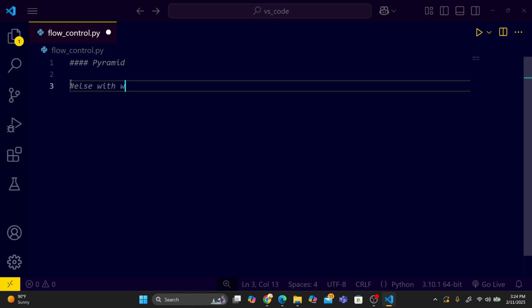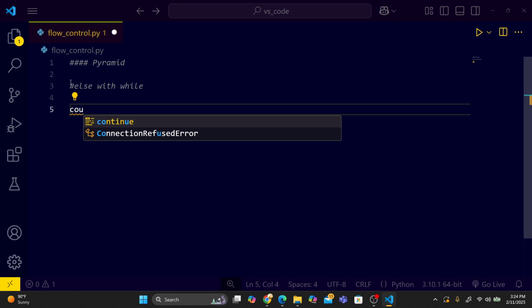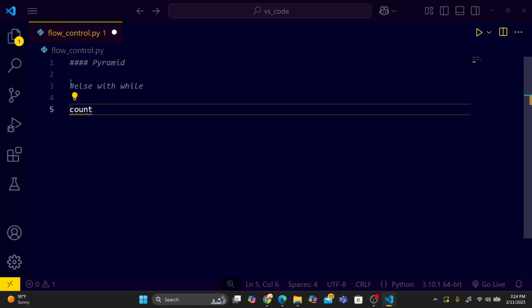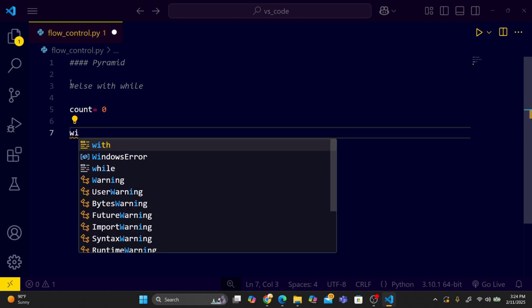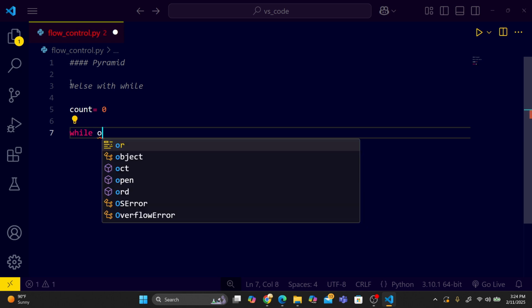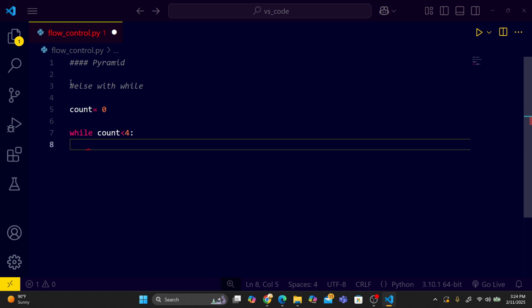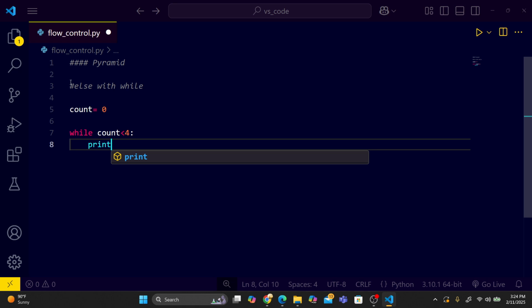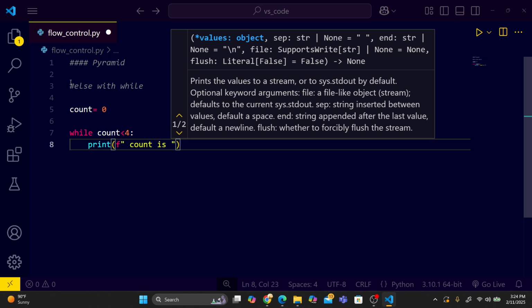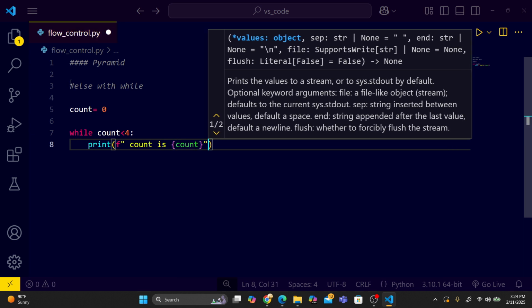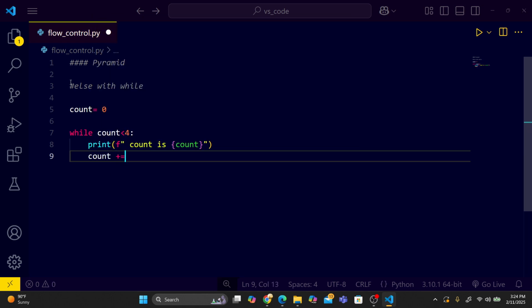Else with while. Okay, so now first just create a variable count, count equal 0, just simple counting in a while loop. While count less than 4, if count is less than 4, then print, using the f string here, count is, and just pass the variable count,